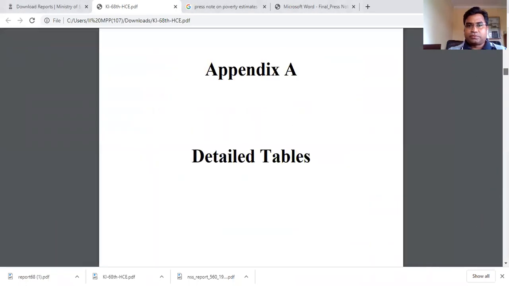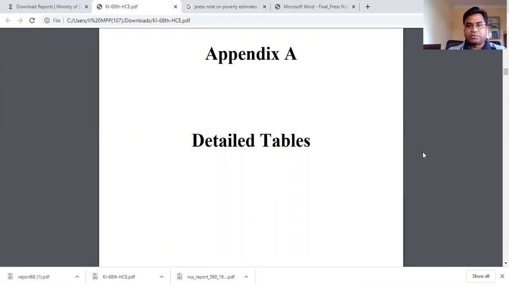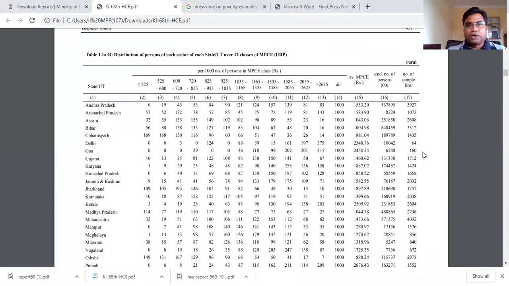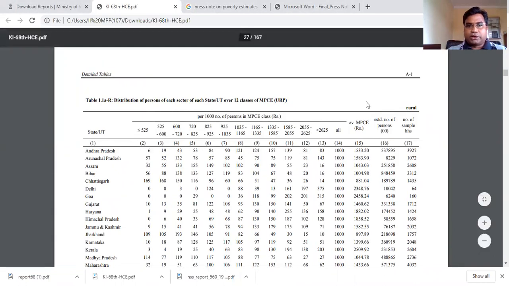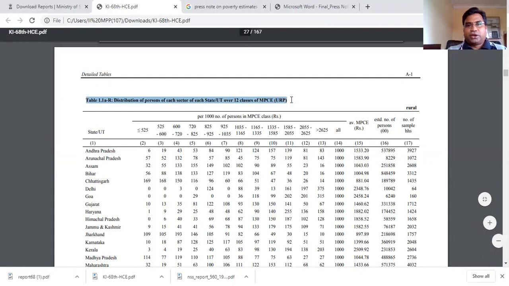The appendices are detailed tables, appendix A. Now if you look at the table, it says table 1.1 is the distribution of persons of each sector, sector means rural urban area, of each state union territory over 12 classes of MPCE URP, right?